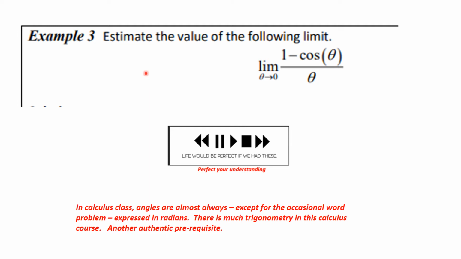Next problem. We want to estimate the value of this. This is the limit as theta goes to 0 of 1 minus cosine theta all over theta. Now in calculus class, angles are almost always, except for the occasional word problem, expressed in radians. There is much trigonometry in this calculus course, another authentic prerequisite. My point is these are real numbers that you're approaching here, and the theta is radians. Let's see